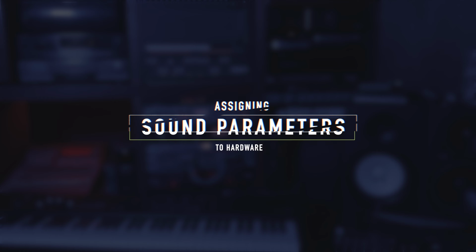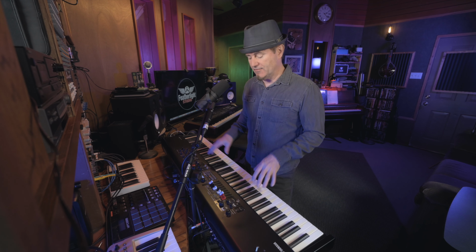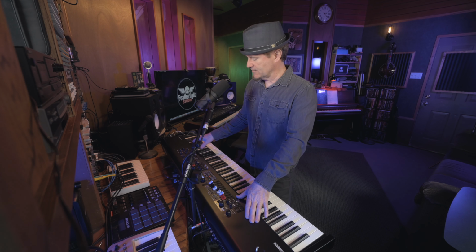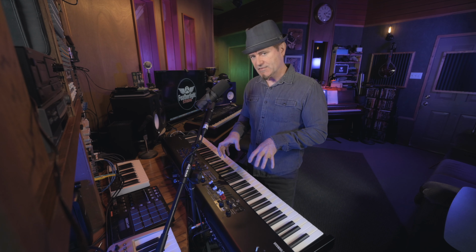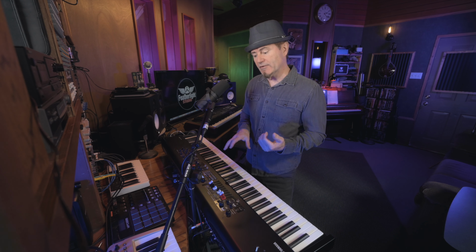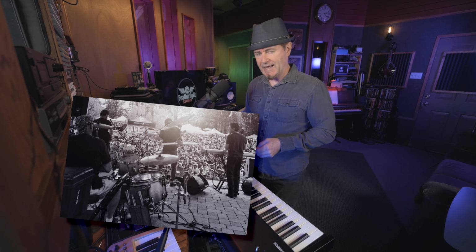Number 4 on our live performance features is assigning sound parameters to the YC's physical hardware. One of the things that the YC series keyboards are best at is assigning controllers to individual sounds. And it's one of the things that makes this such an incredibly flexible live performance board, especially in a stage environment or even a worship team environment where you're working with a couple of different kinds of sounds at the same time and you want to be able to blend them in real time, especially if you're a standing keyboard